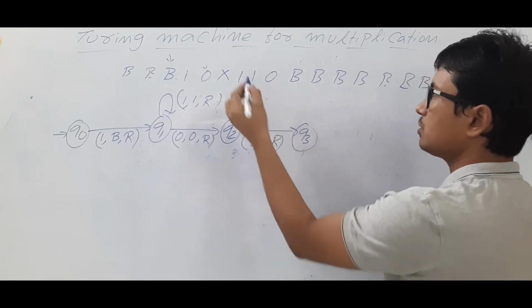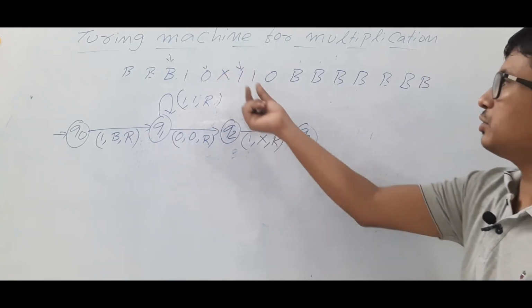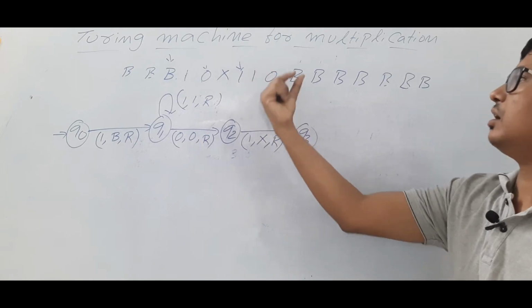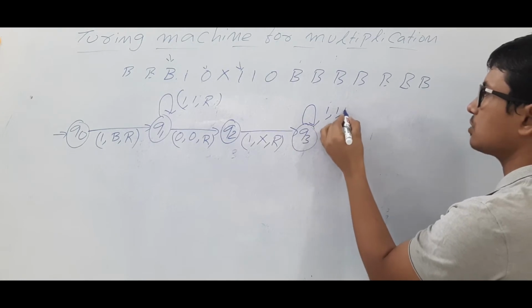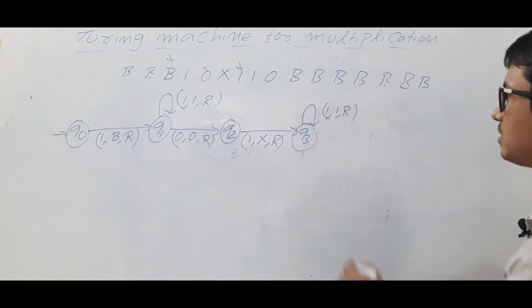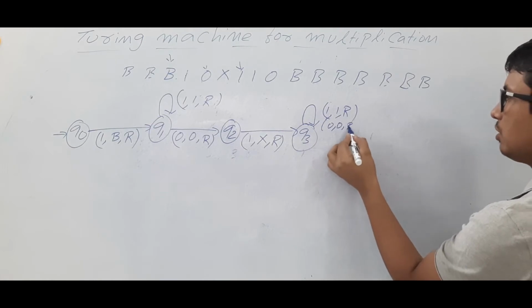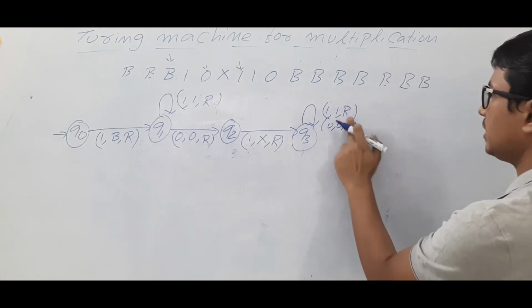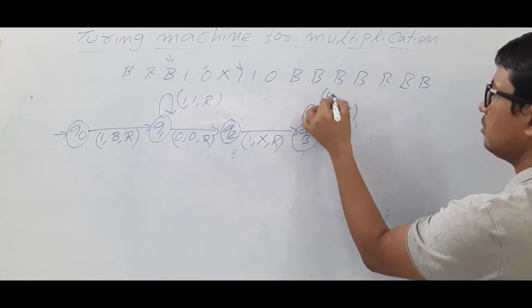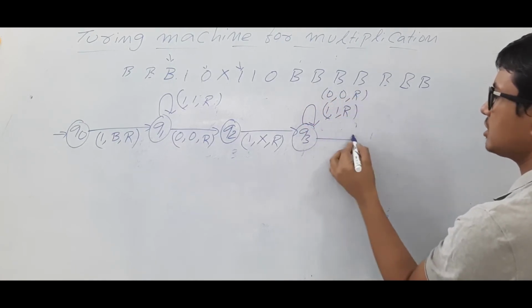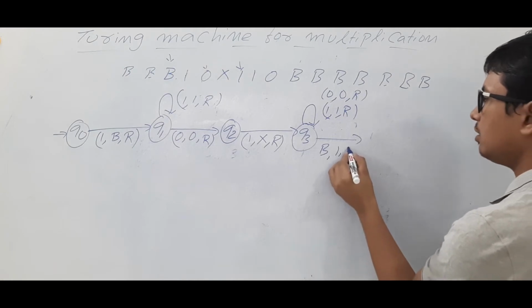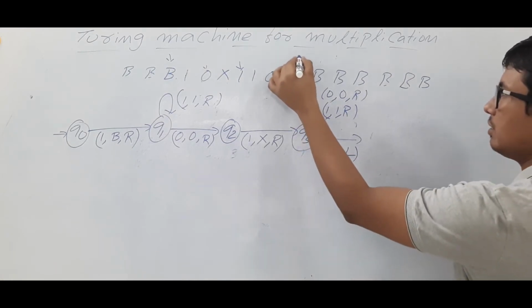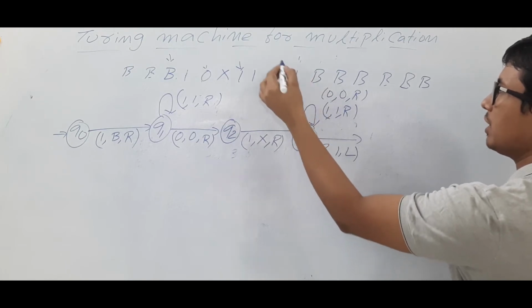Okay, Q3. So here you are. Now what you should do, if you get any number of ones or any number of zeros, you have to simply search for the blank. Any number of ones you will make it the same as it is. Even zeros we do not bother. We'll move to the right. Whether it is 0 or 1, I will keep on moving and search for a blank. If I get a blank, I have to modify it as 1 and move to the left. This blank I modify to 1, move to the left.